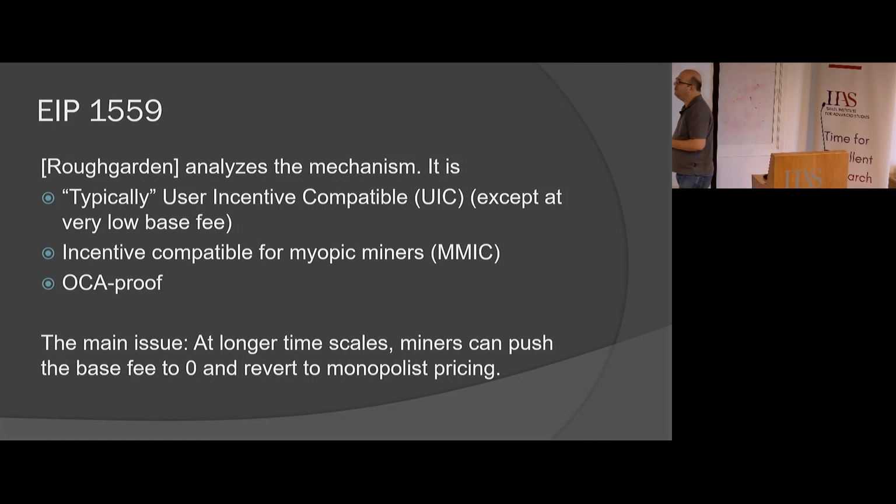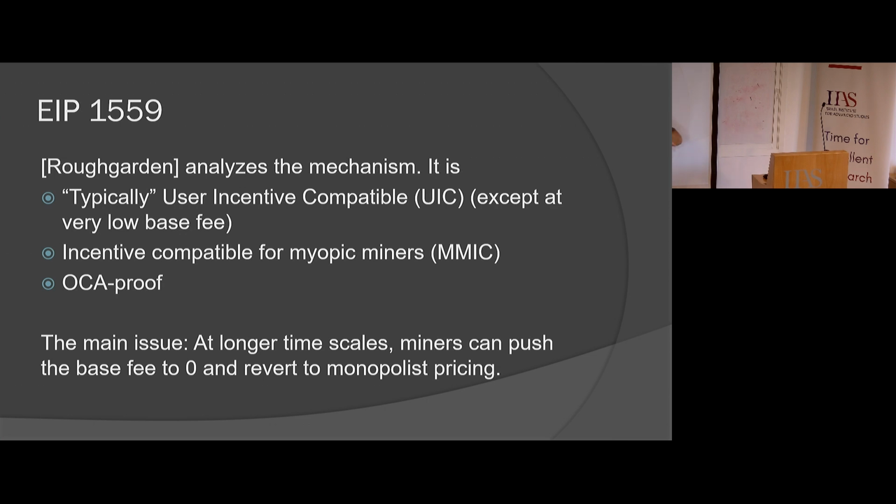So I should say that Tim Roughgarden has a really nice paper analyzing this mechanism. He really set down the way to look at these protocols and made it crystal clear. And Tim shows in his paper that this protocol of Ethereum is typically user incentive compatible, except when there is a really low base fee. So if the mechanism somehow did not adjust yet, then at those points it's not incentive compatible. It's incentive compatible for myopic miners, again for those who are not looking at temporal issues, just solving for the current auction. And it is OCA proof. OCA is a notion of